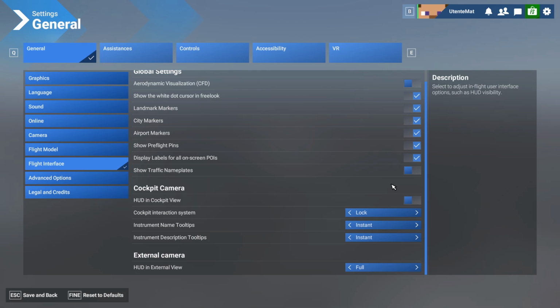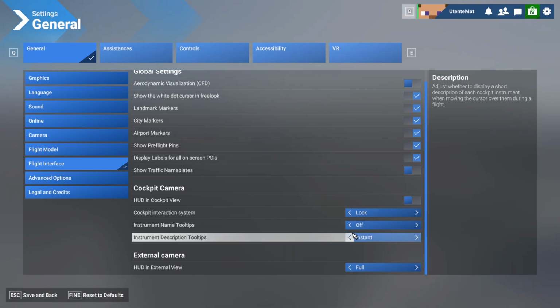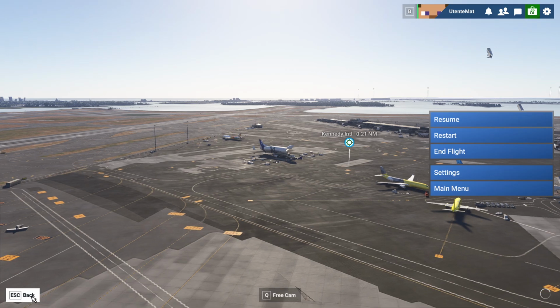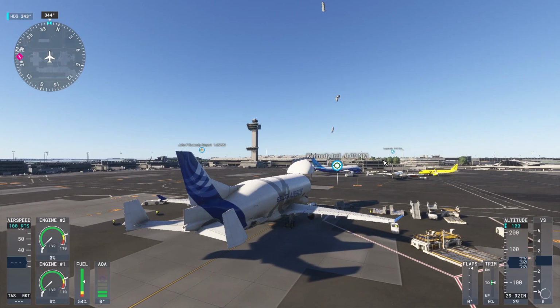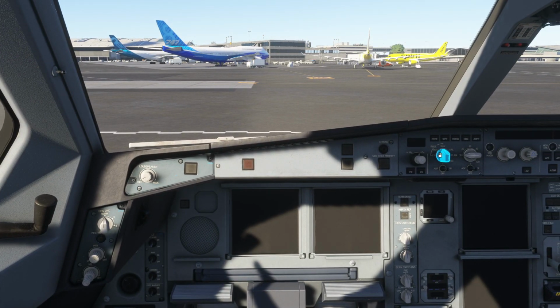Then you can also decide to disable the tooltips for your instruments, because maybe you are a professional user, a professional virtual flyer, and you don't need a small description, you don't need the name of the APU, for example. If you want to disable them, just use these arrows to go from instant to off, and then by just clicking save and back and then resume, you will be really happy to see that all your indications